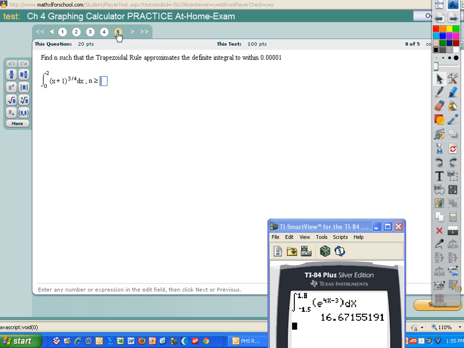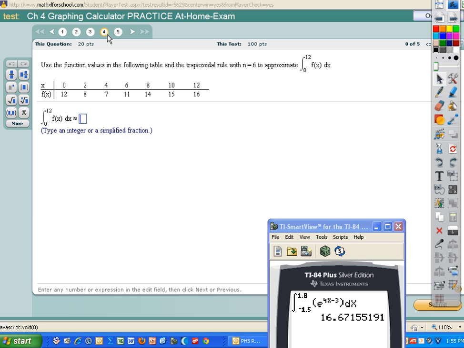Yeah, we did that one in like 4.6, I believe. That one's super easy. All you're doing here is, that's f of x of 0, that's f of x of n. And all you do on this one is b minus a, right? So 12 over 2 times 6, 12 over 12 is 1, times 12 plus 16 plus 2 times all those y values. That's it for that one. We can look at that tomorrow real quick. Well, on the problem that you just did, was E just